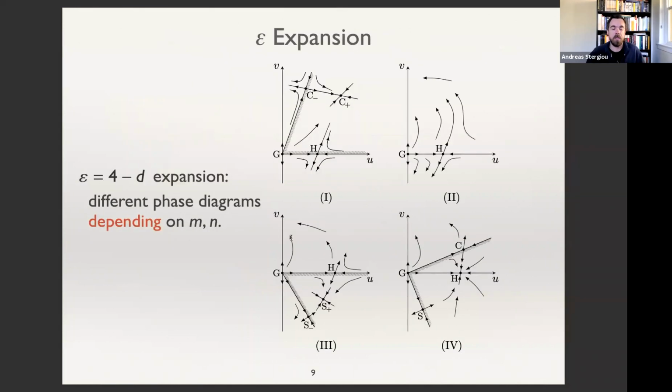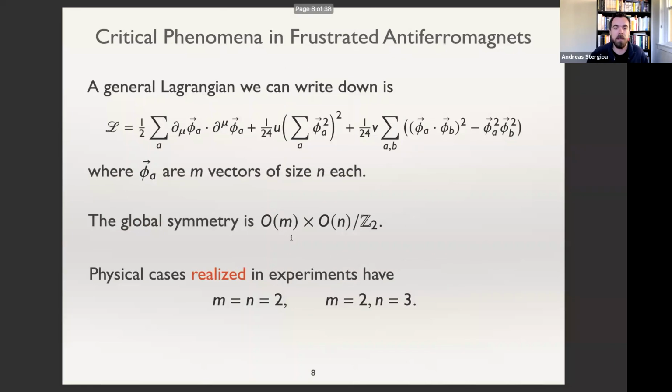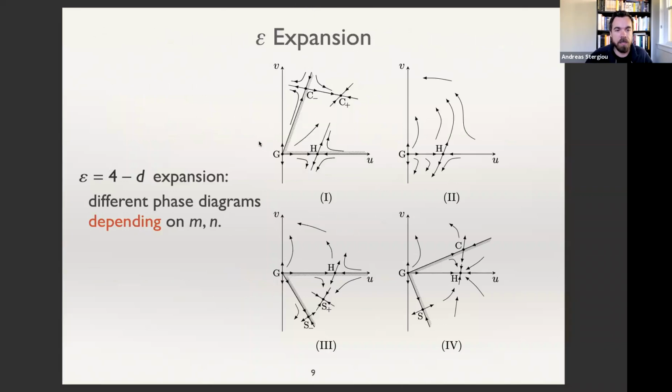So let's go to the epsilon expansion of this. You can write down beta functions for these couplings U and V and go through the regular 4 minus epsilon expansion with minor changes from the standard cases like the ON model or the Ising model. But the phenomenology of these fixed points is quite non-trivial and quite rich. So in the epsilon expansion, there are 4 types of situations you can have depending on the values of M